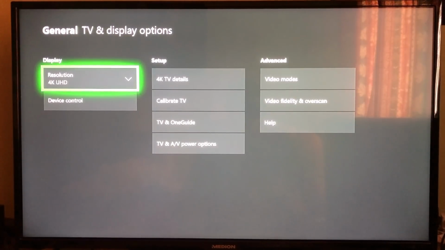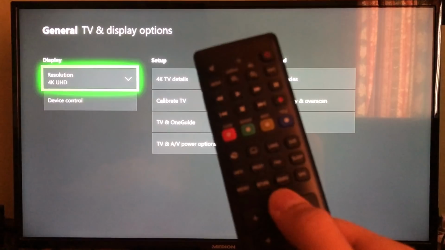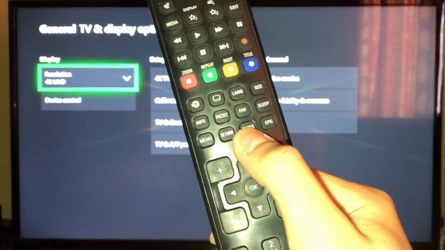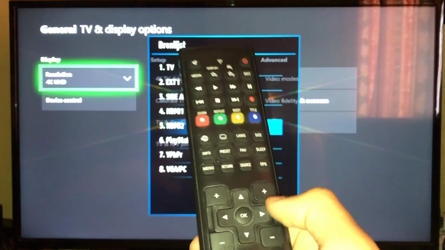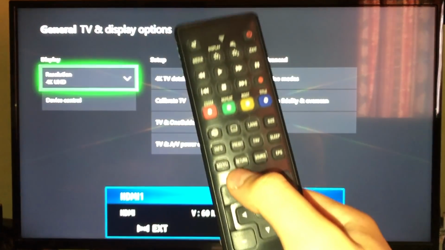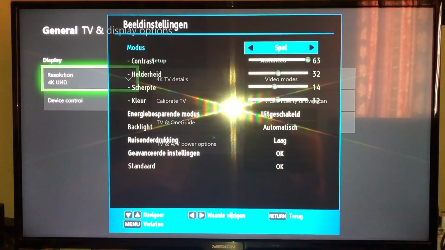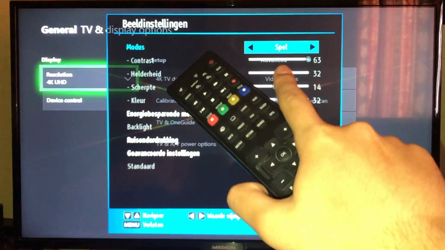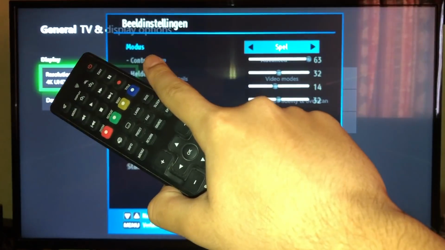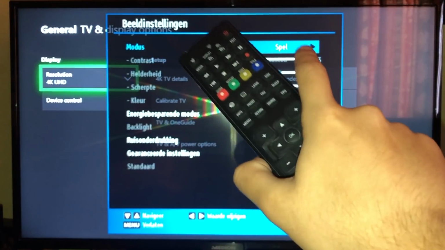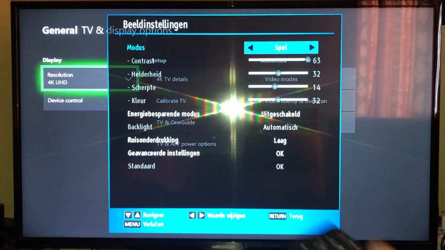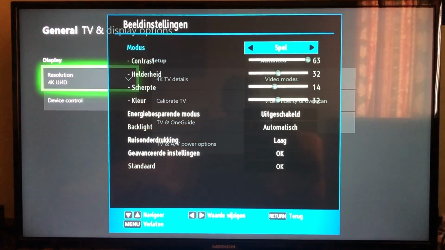As the next step, what you can also do is go to source. I'm sorry, guys, let's go back. So you want to click on menu and go to screen. Mine is in Dutch, but I will translate everything, guys. So go here and set your mode to spel, which means games in my language, and it's special for people that play games like Call of Duty or Minecraft and all of these games.